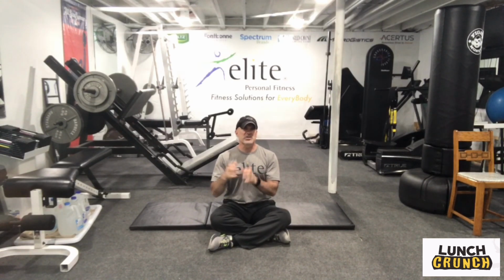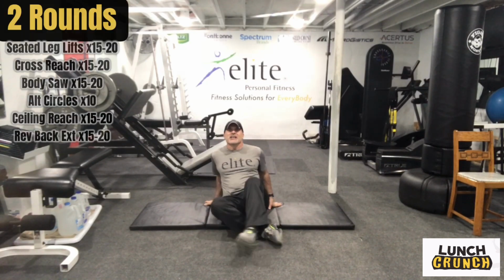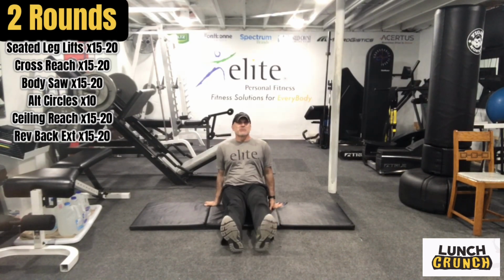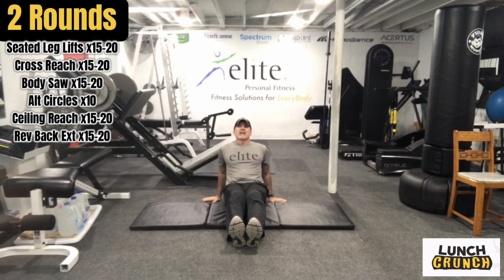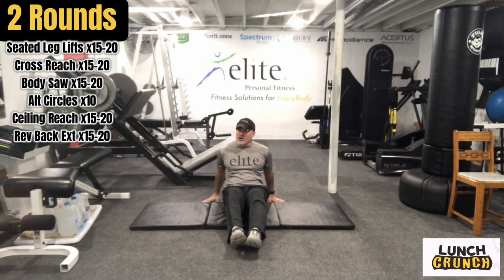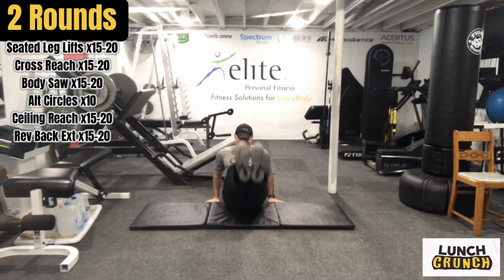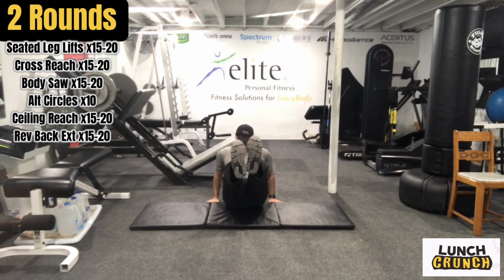We're going for reps. Almost everything's 15 to 20, but I'll specify as we go through. So we're starting with some seated leg lifts, and again, keep those legs relaxed. Let's get 15 to 20. I'm just going to lean back on the hands, and as you lean back further, it gets a little harder, okay, but you don't have to lay back too far, all right? So we're just going to lay back here, and 1, 2, 3, legs relaxed, 4, 5,